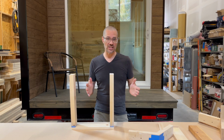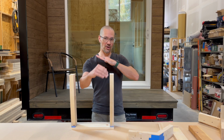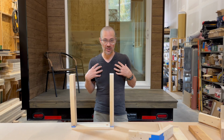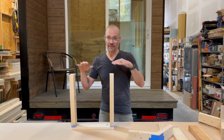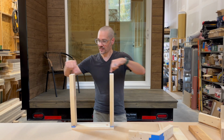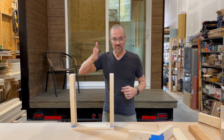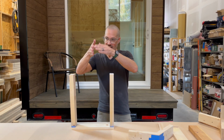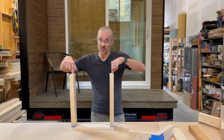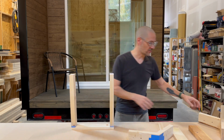The main way that you see it done in homes, if it's a hand raftered roof that has a completely open, no ceiling joist, this is the way my screened-in porch is done. And what you have to do is, to make up for the walls not being tied in this horizontal direction, you have to have something capable of carrying the weight of the roof down to the foundation. And if you can't do it through the walls that the tails of the rafter are on, you have to do it through